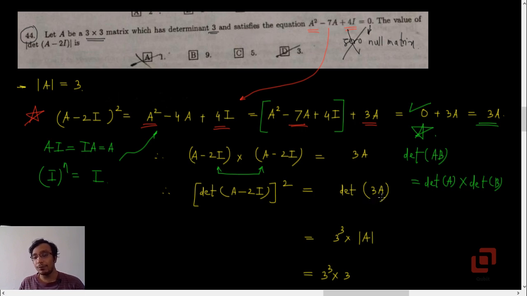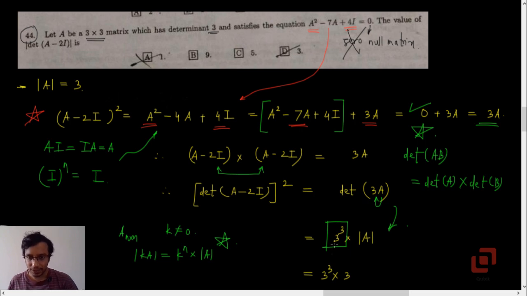Yes. Now if you multiply any matrix by a scalar, then each and every entry of that matrix gets multiplied by that number. So the determinant of 3A is actually not 3 times the determinant of A, but is 3 cubed into the determinant of A. Correct? I hope you got this point. This is important. In general, if A is a square matrix of order n, and if k is any non-zero scalar, then the determinant of kA is actually k raised to n into the determinant of A. Remember this property.